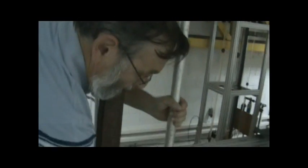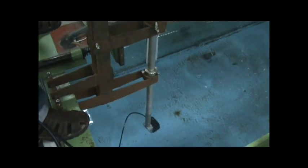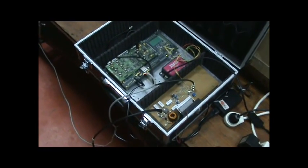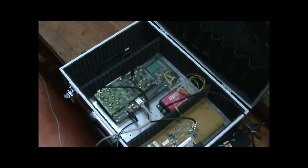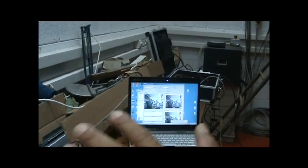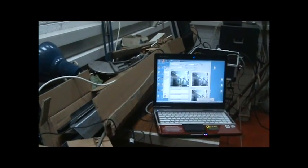Maximum acoustic output power of the transducer is about 10 watts. Transducers work on the frequency 300 kHz and are connected with the amplifiers and the digital signal processor boards. You see the transmitting electronics and transmitting